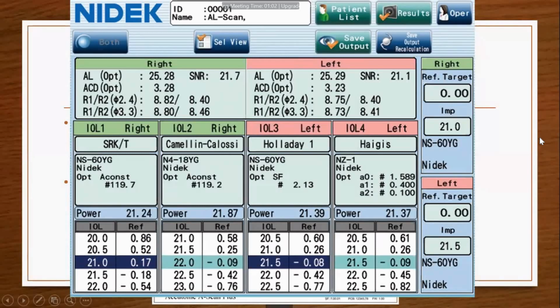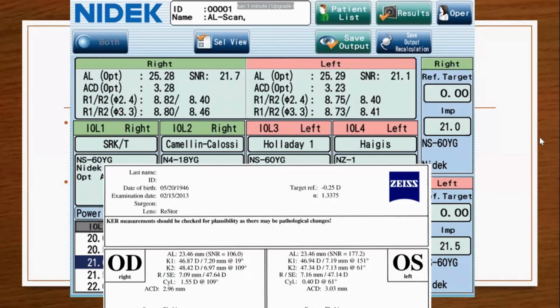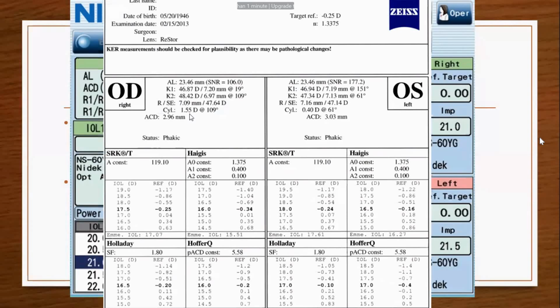But in the case of a contact method like ultrasound or an immersion technique, you have to calculate on your own, or in some machines they have their own calculations. So this is a Zeiss IOL Master report. Here also you can see it will give how much cylinder is there, the difference between the K1 and K2 values, and the axial length, and also K1, K2. This is nothing but the spherical equivalent, the average of the 2 keratometer values.